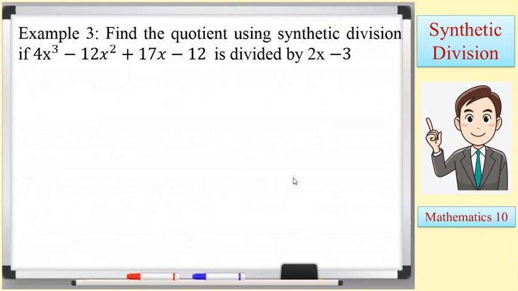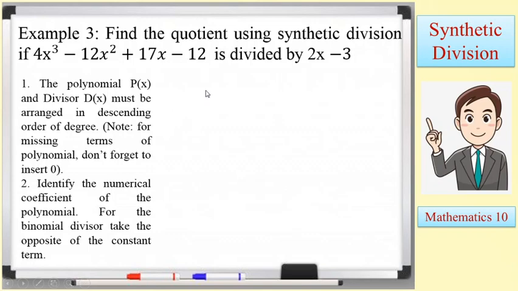Okay, so let's have example number 3. Find the quotient using synthetic division if 4x cubed minus 12x squared plus 17x minus 12 is divided by 2x minus 3. So our divisor here is written in the form of ax minus c. Okay, so step number 1 is we need to arrange our polynomial p of x and divisor in descending order